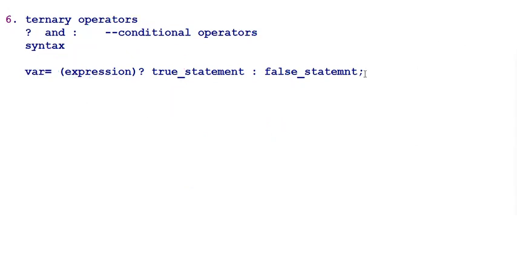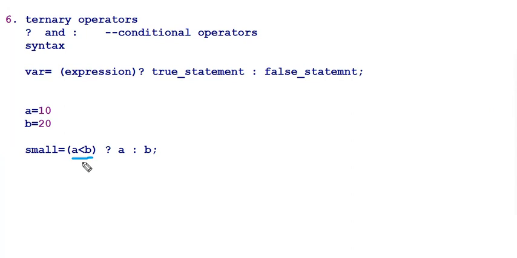Yes, I am always here to give good examples. I am giving a is equal to 10 and b is equal to 20, and writing that c is equal to, or I can go for a small variable, small is equal to a is less than b. I don't know which one is small, so I am comparing with a question mark. If it is true, a is the small, otherwise b is the small. So which value will go, a or b?